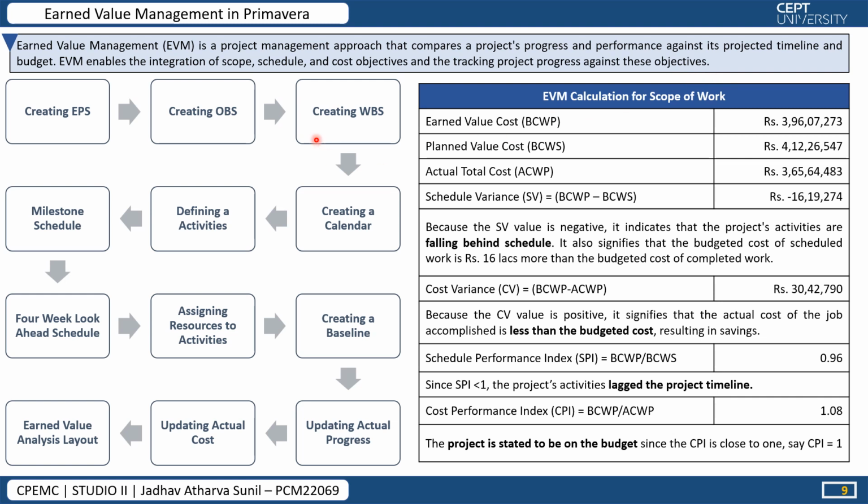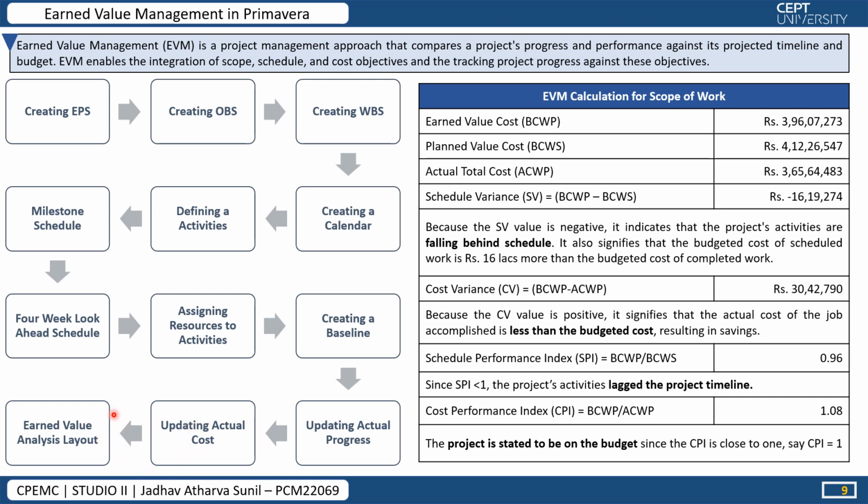The process performed is: first we prepared EPS, then creating OBS, then creating WBS, creating a calendar, then defining activities, then preparing a milestone schedule, preparing a 4-week period plan, and assigning resources to the activities, creating a baseline, updating the actual progress, updating the actual cost, and